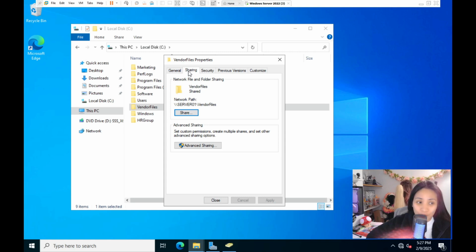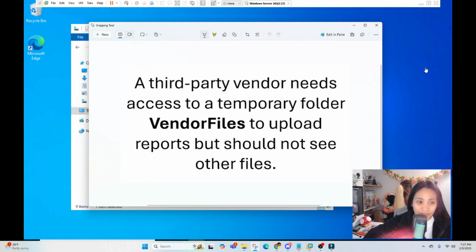Okay, so now let's go to the NTFS permission and see what permission we can give to the vendor. Let's go back to the activity one more time. The only task that we want the vendor to do is to upload reports. So the vendor shouldn't see the other files under the vendor folder, and all they have to do is upload, because there might be other vendor files in there that they're not allowed to see or read because they might be confidential. So we must restrict this permission so the vendor can only do one task,